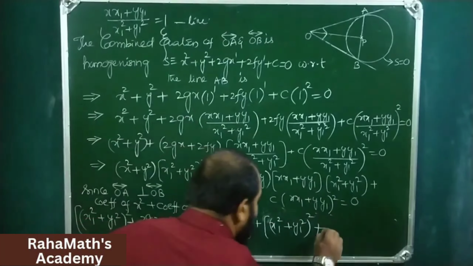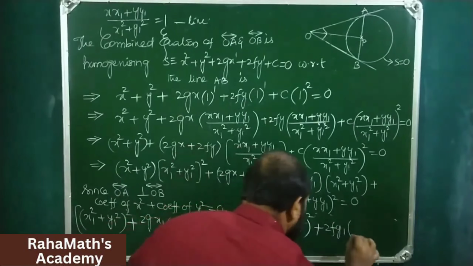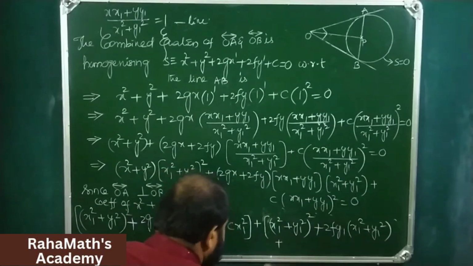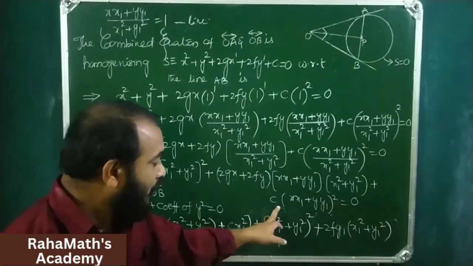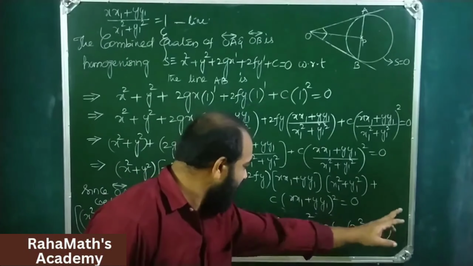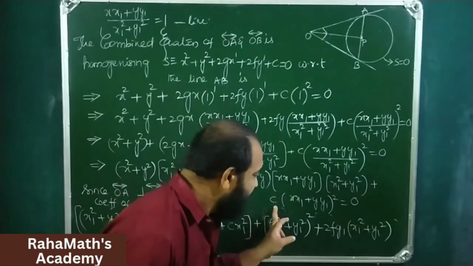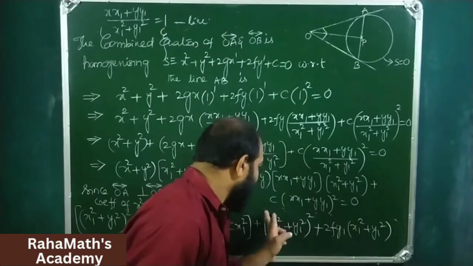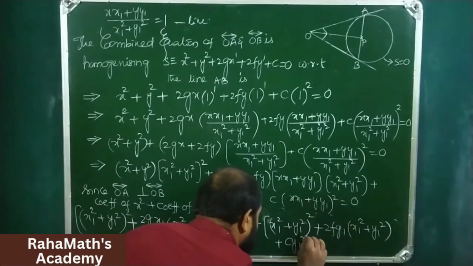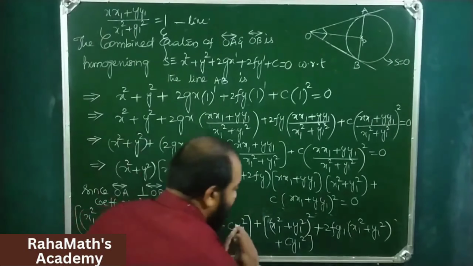So 2f y1 into x1 square plus y1 square plus, here if you expand this, x square x1 square, y square y1 square, a square plus b square, 2ab term you leave, and x square we have already taken. So here c y square y1 square, c y square quotient is c y1 square. So this is all the quotient of x square, and this is all the quotient of y square